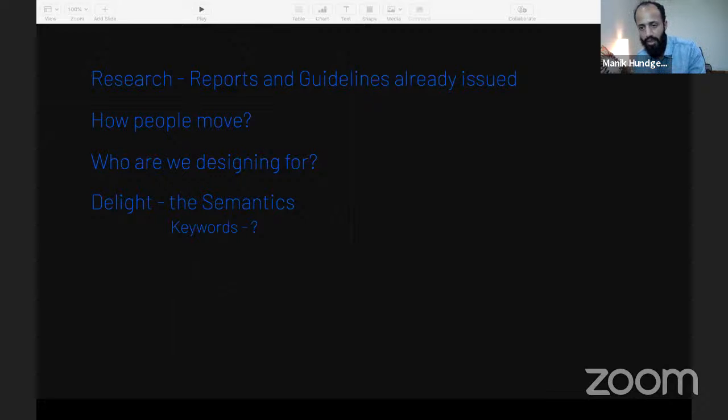Basically, what we have done today is partially look into how a service will work, and we have tried to make a space which will make the service efficient and safe in this case. So when we are looking at the delight factor here, for me, it comes towards the end.